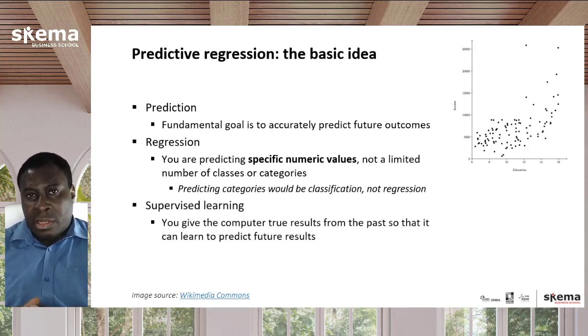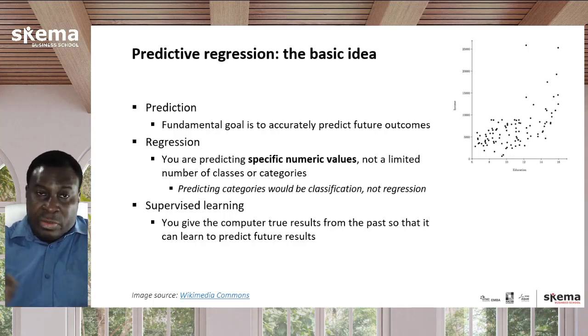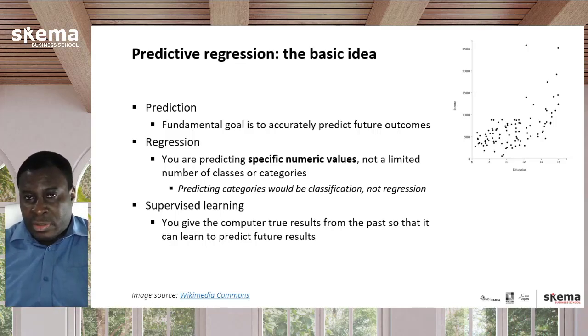And finally, this is in the framework of supervised learning. Supervised learning means that there are true answers based on which we can compare to see if the computer's predictions are correct or not. There are true answers from the past, and we can look at how well the computer can predict, and in the future we'll see the true values. We can tell how close the computer was to getting the correct answers or not.